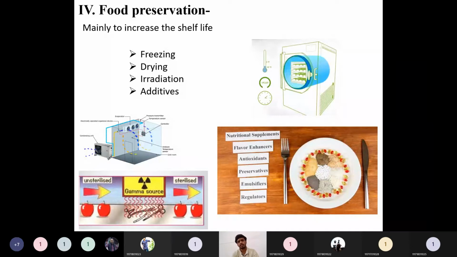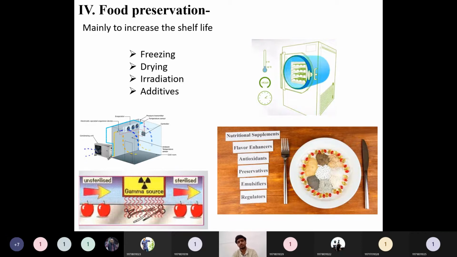Then drying, the normal drying. In normal drying, the texture of food will be very much destroyed and nutritional values will be destroyed because heat has been produced. But when you combine freezing plus drying, which is called freeze drying, that will retain whatever nutritional value and texture is there, except that it will remove the water content using some sublimation technique. So freeze drying is very much advantageous compared to normal heat drying.